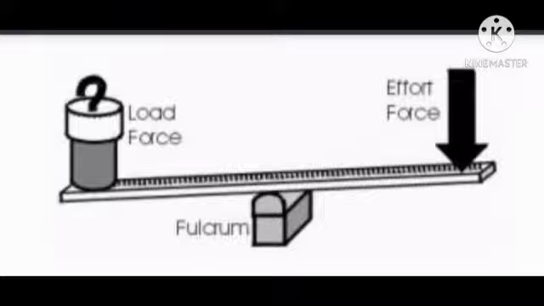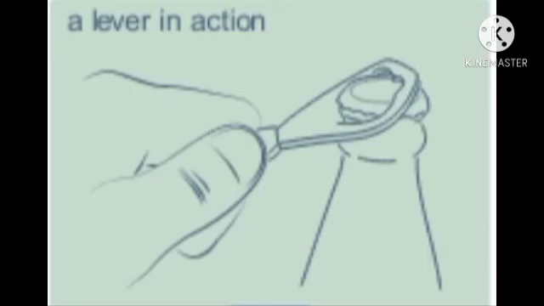Understood? Moving to the second example, you can see on your screen the picture showing how we use an opener to remove the cap of a bottle, any bottle, whether a sauce bottle, a Pepsi bottle, anything. Now try to do the same yourself. To remove the tight fitting cap, the opener is first rested on the cap and then we apply a force on the opposite end of the opener to pull it upwards. The cap also gets pulled up as the opener rotates about the fulcrum.